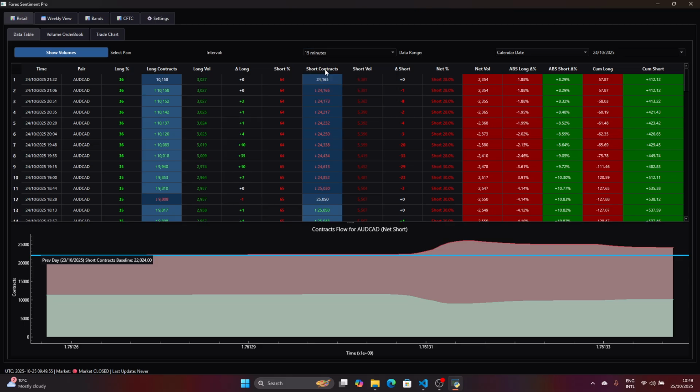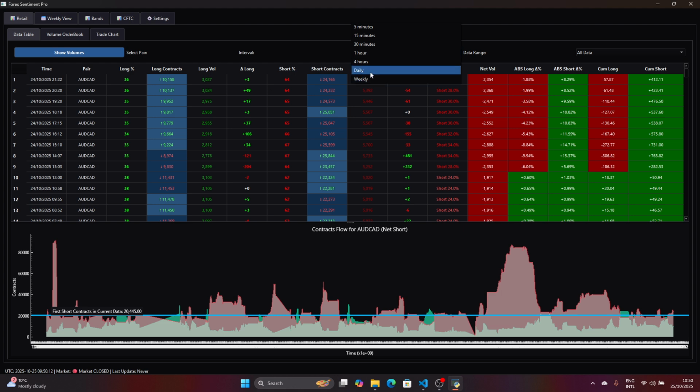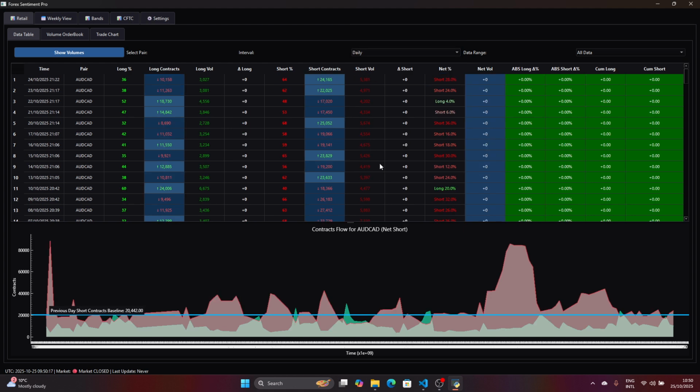And obviously you can select different time frames if you want to look at how the data changed over a 1 hour period, 4 hour period, or daily, or you can switch to weekly, but then you have to select all available data within the database. So if we select all available data for USDCAD, we can select daily, and that shows you how the volume changed